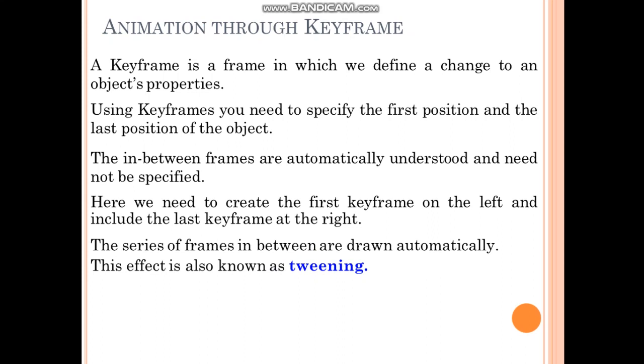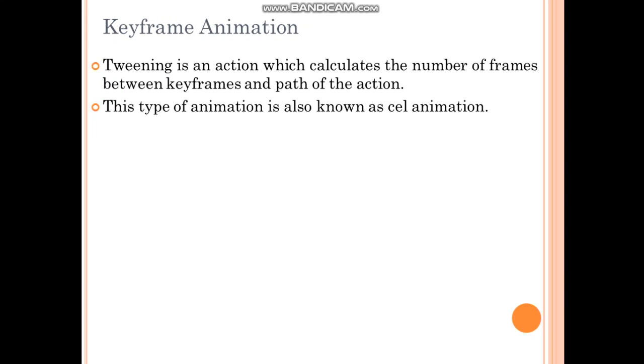Remember, this effect is known as tweening. So keyframe animation tweening is an action which calculates the number of frames between keyframes and the path of the action. This type of animation is also known as cell animation. So either you can say tweening or you can say cell animation.